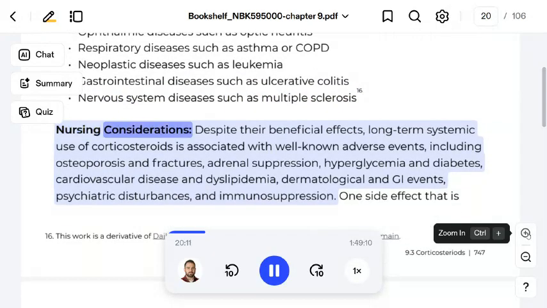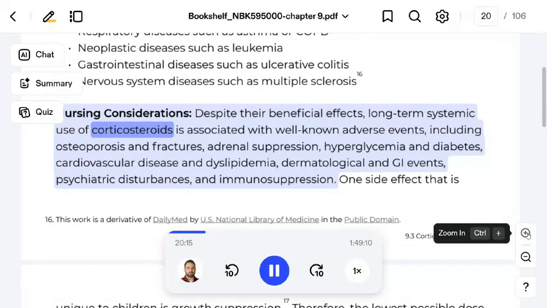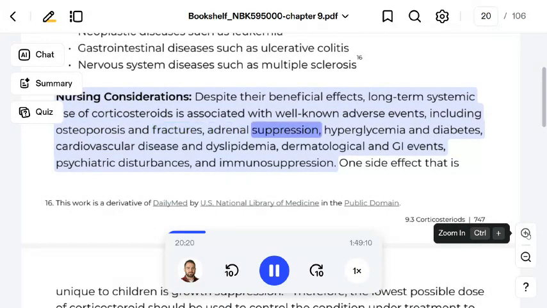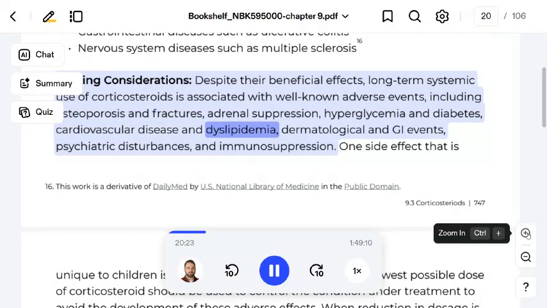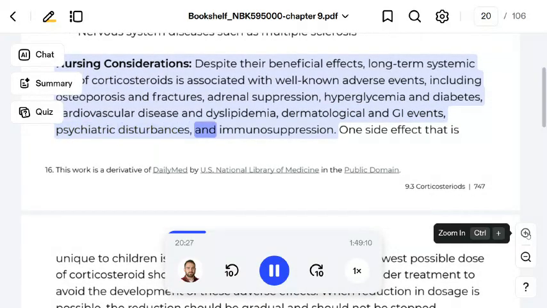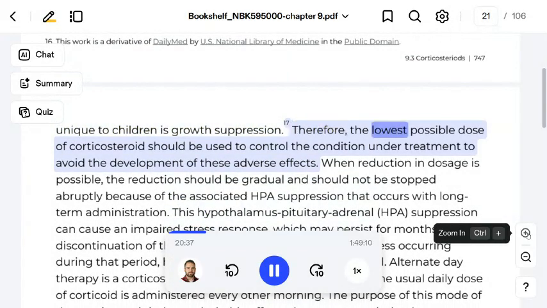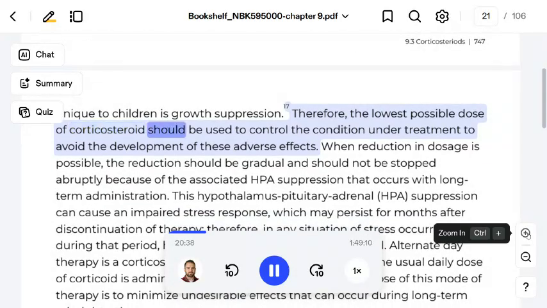Nursing considerations. Despite their beneficial effects, long-term systemic use of corticosteroids is associated with well-known adverse events, including osteoporosis and fractures, adrenal suppression, hyperglycemia and diabetes, cardiovascular disease and dyslipidemia, dermatological and GI events, psychiatric disturbances, and immunosuppression. One side effect that is unique to children is growth suppression. Therefore, the lowest possible dose of corticosteroid should be used to control the condition under treatment, to avoid the development